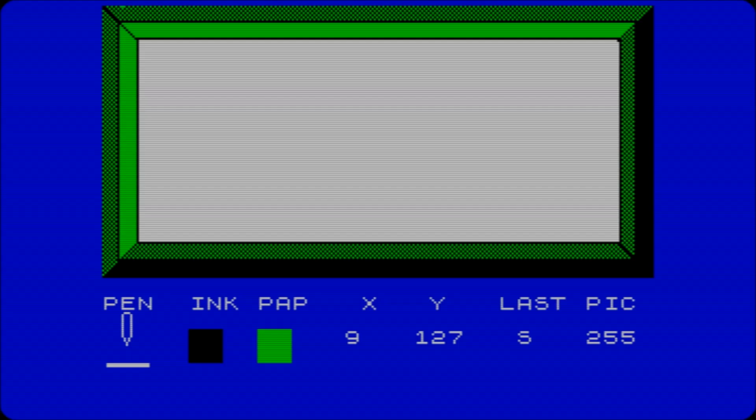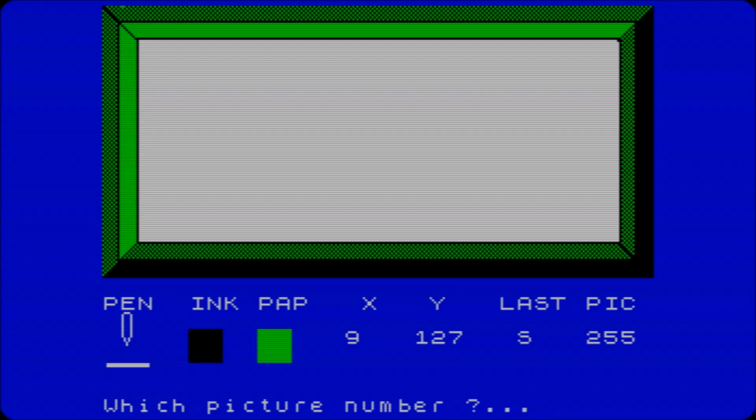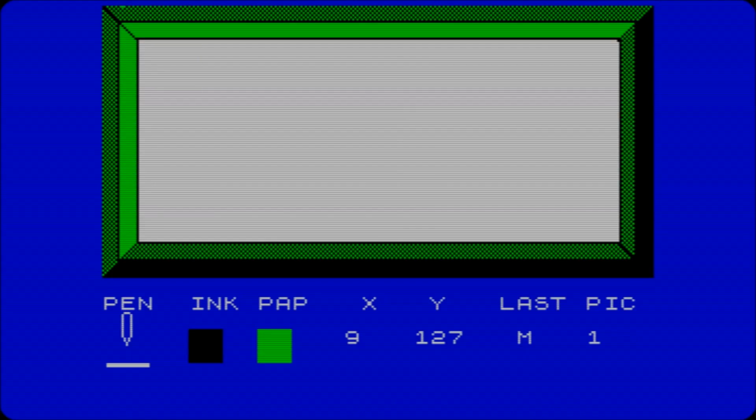So that's picture 255. If I escape that and go back to picture 1, I think M will allow me to merge in that. There we go. And you can see when I move that we've got a nice copy of the framing, and you can use that on all your graphics. So we'll make the room a different paper colour. We'll make the room 5, so that's cyan. Not brilliant, but